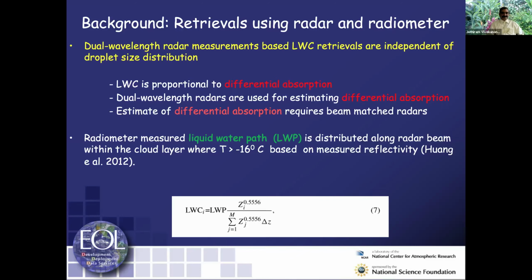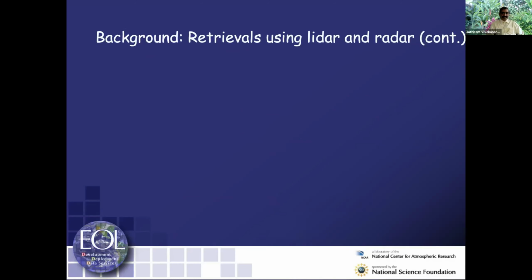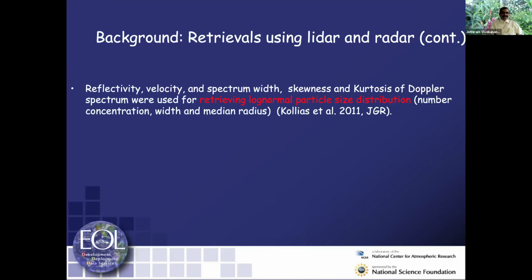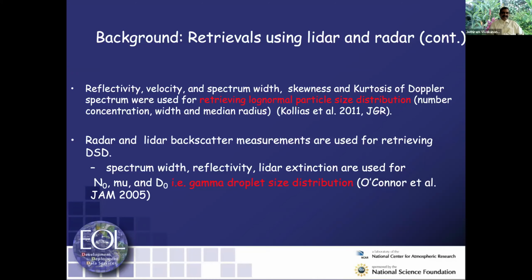How about radar and Doppler technique, radar and lidar technique in this case? In case of Doppler, they could use spectrum width, skewness, kurtosis, all those things. This is all done in vertical pointing mode instead of scanning mode. And for that, the ambient wind has to be known. Many times ambient wind is not that well known. And even in the Doppler spectrum, it's not that easy to do.